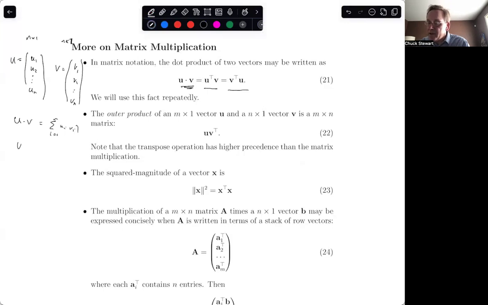It's the same as U transpose V, which is the same as V transpose U. There's one caveat that you have to be super careful of in implementation: these technically are 1 by 1 arrays,